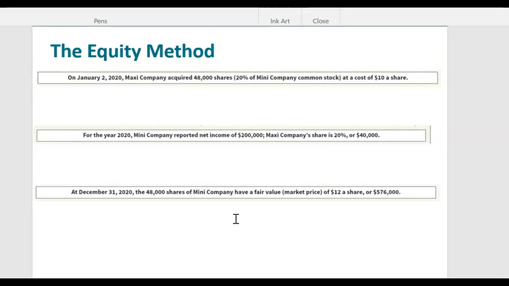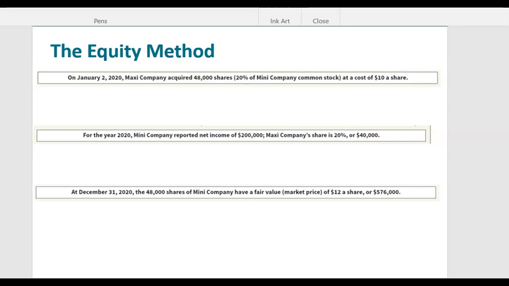On January 2nd, 2020, Maxi Company acquired 48,000 shares, 20% of Mini Company's common stock, at a cost of $10 per share. Now, if you're right at that borderline 20%, the company really has to use some discretion and say, do we feel that we have significant influence over this investee company? Let's say that decision was made, and Maxi does decide that it has significant influence over Mini,